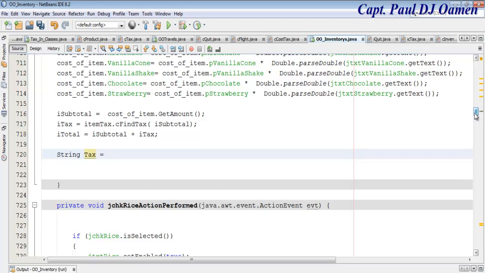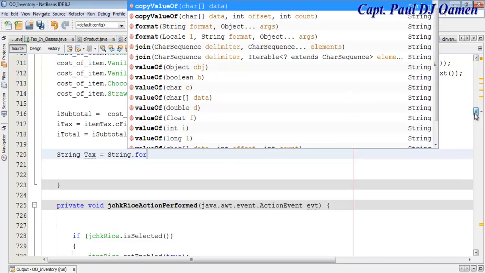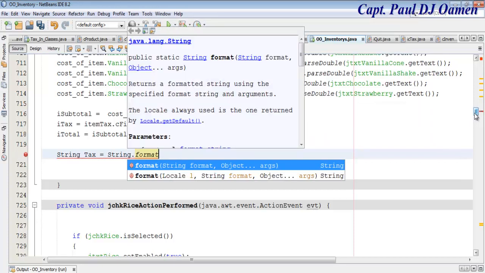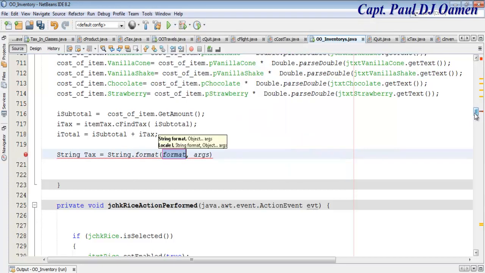So equals string dot format, and I would like it to be formatted into £, and let's add 2 decimal places just in case,